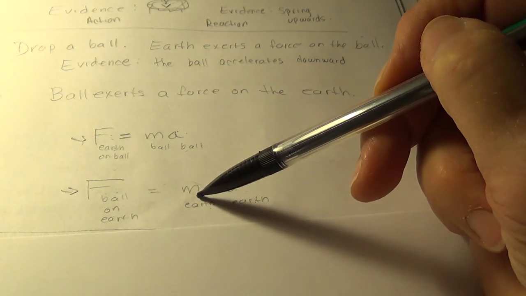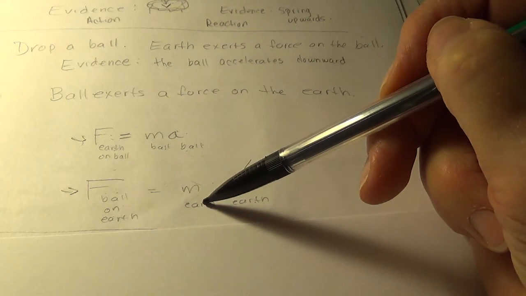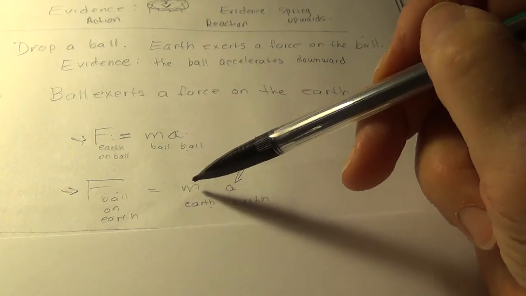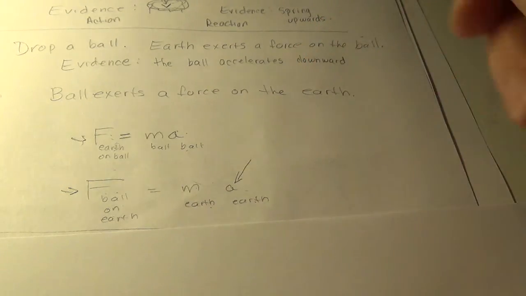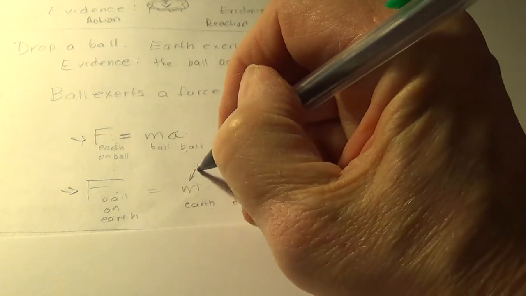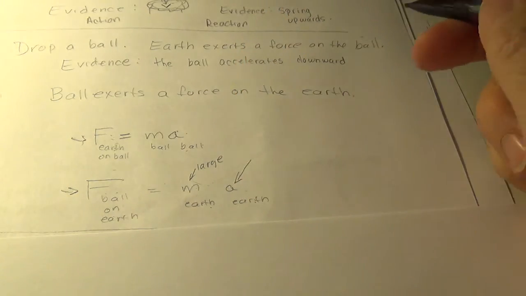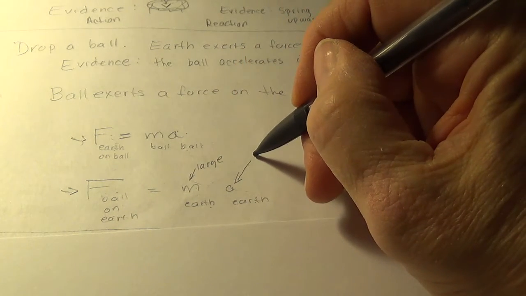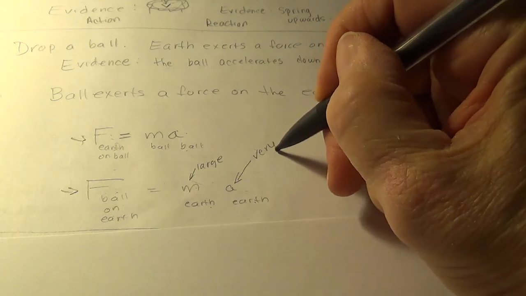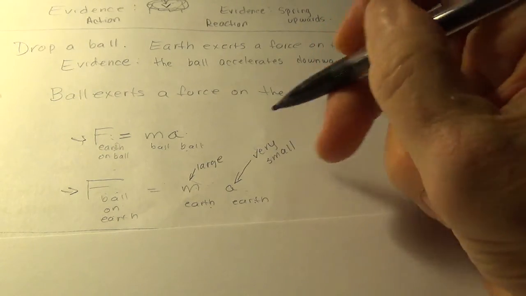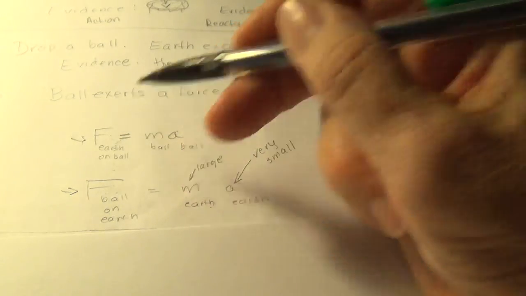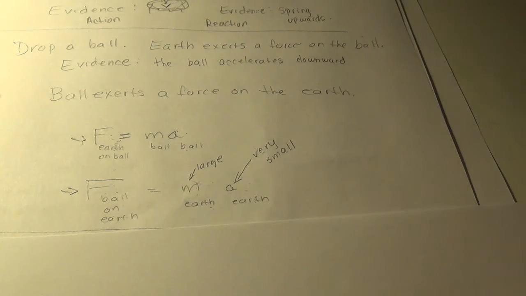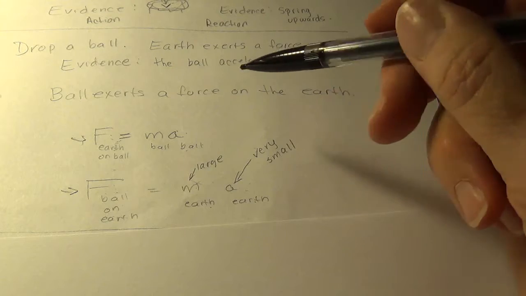But this number is huge, the mass of the earth. So the only way we can get the same number as we got up here is if this number is large, actually massive, then this number is extremely small. That's the only way these two can multiply and get you the same number as we got here. And therefore, when I drop the ball